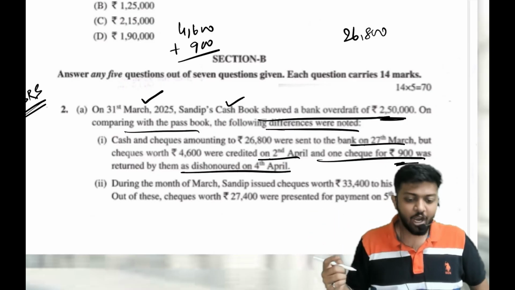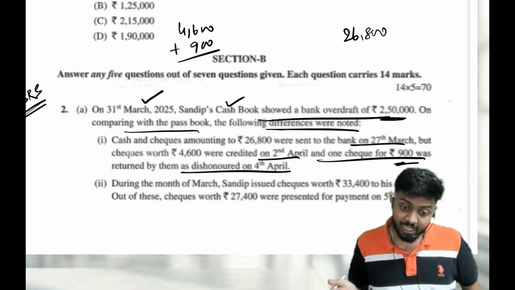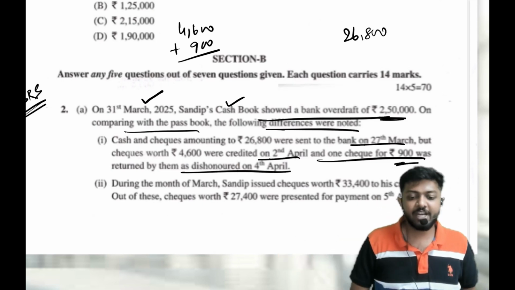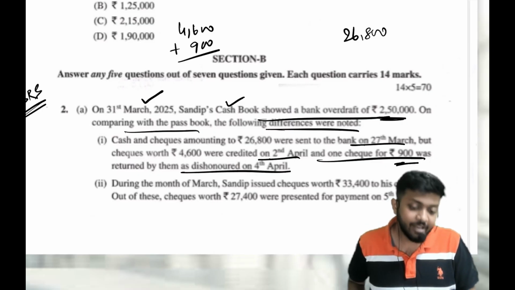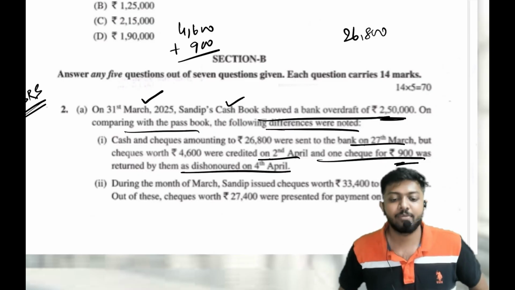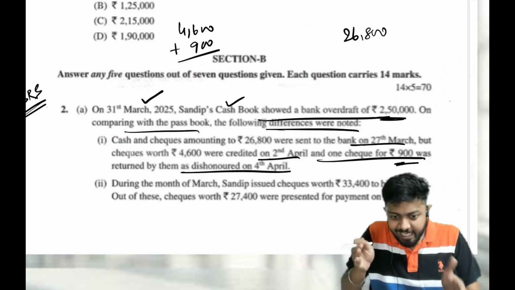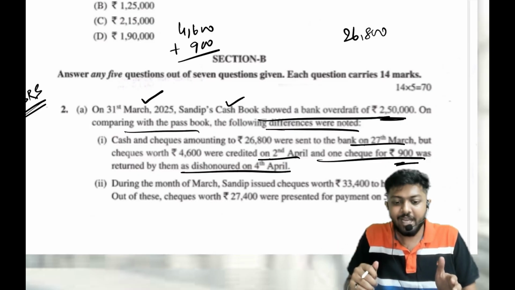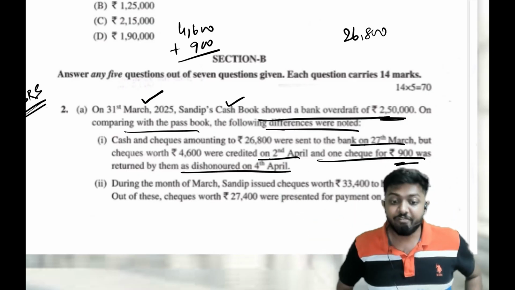That means the remaining out of 26,800, those checks have been cleared much before the BRS period itself. Now tell me, will the items which came after the BRS period cause a difference? Will the items which came before the BRS period cause a difference? Of course not. If items which come before the BRS period get settled there only, differences will not be there. But the items which come after the BRS period create a difference.